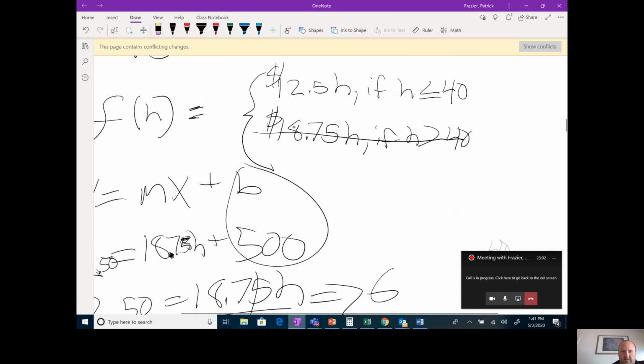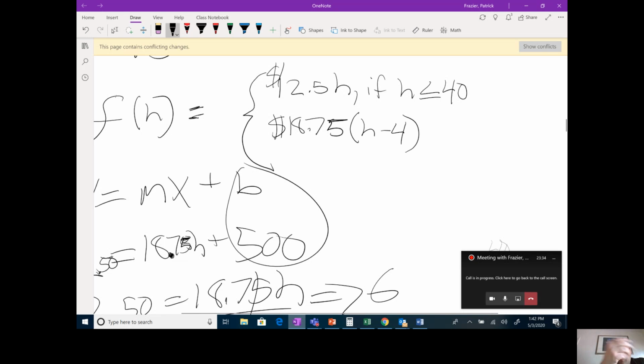What we would do to make this more accurate for the function is we would put in 18.75 an hour, but it's times hour minus 40. So for like 46 hours,